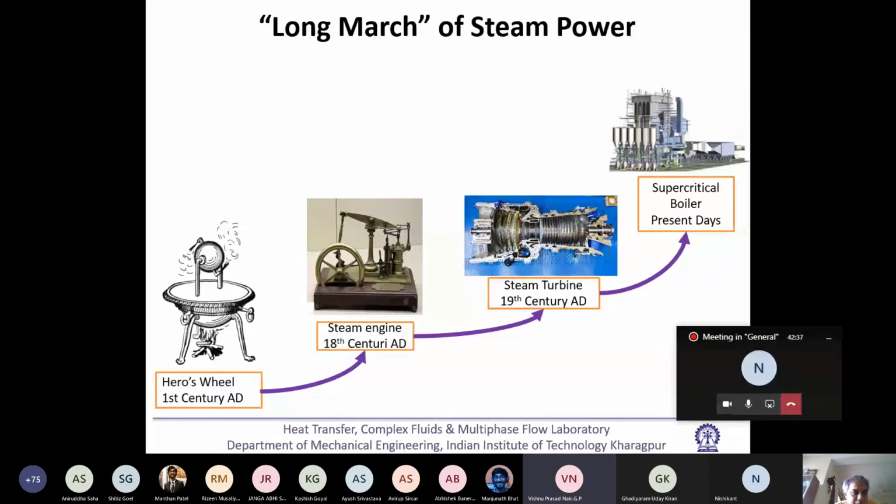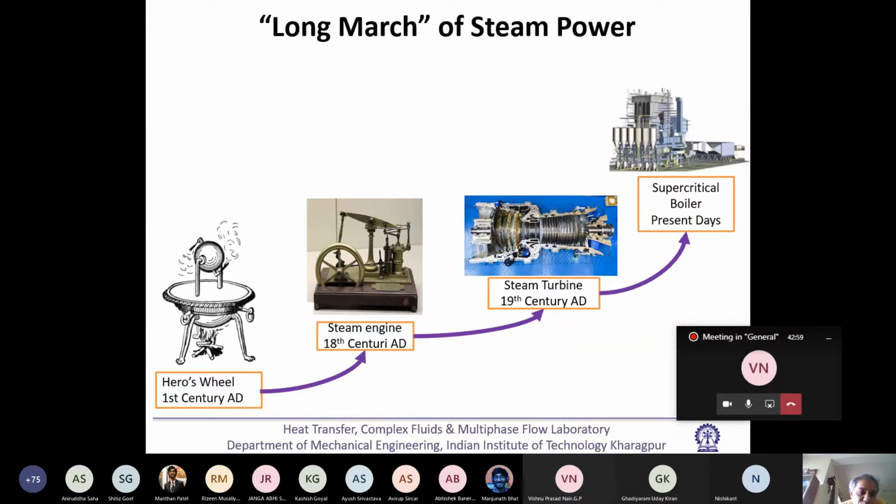Please see, like in that plate or something. The steam is being produced, and there is a bowl kind of a thing. In the bowl, water and steam are there, steam generation. So steam is generated, and then there are two pipes.